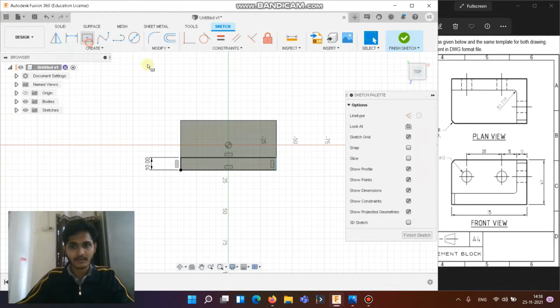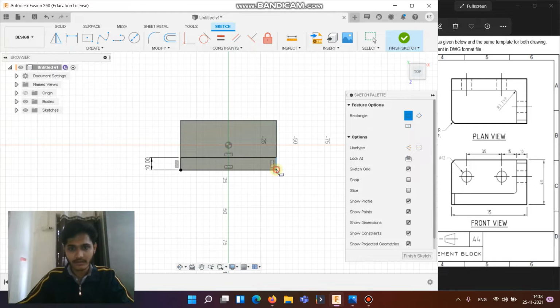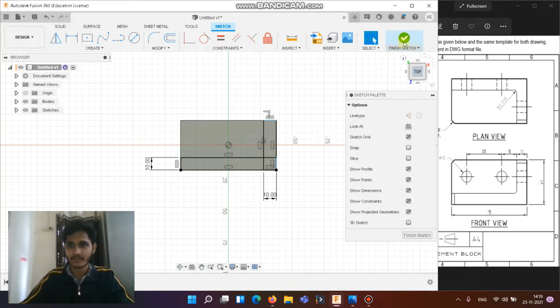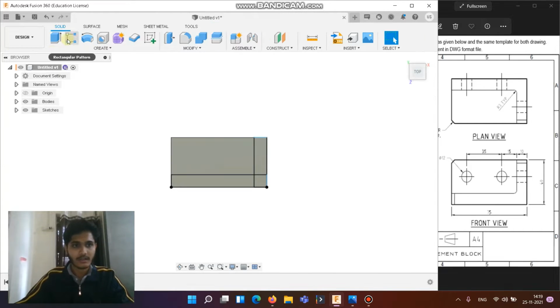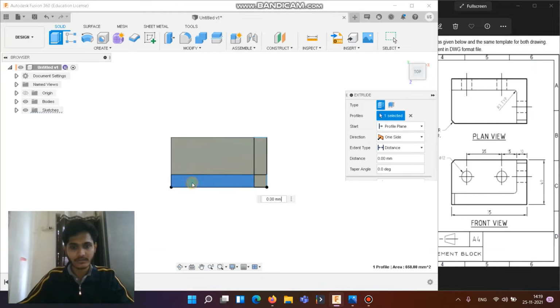Again 2-point rectangle, 40 by 10. Okay, finish sketch, and here we can extrude it,